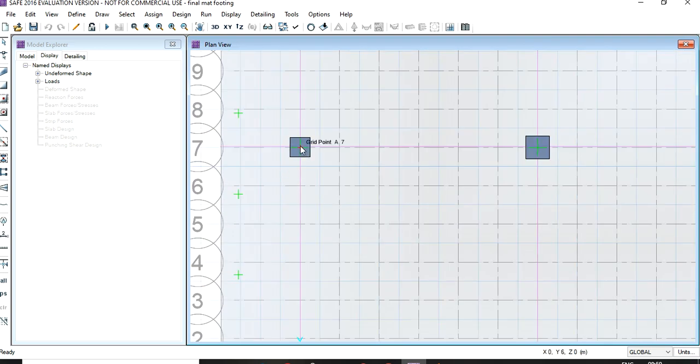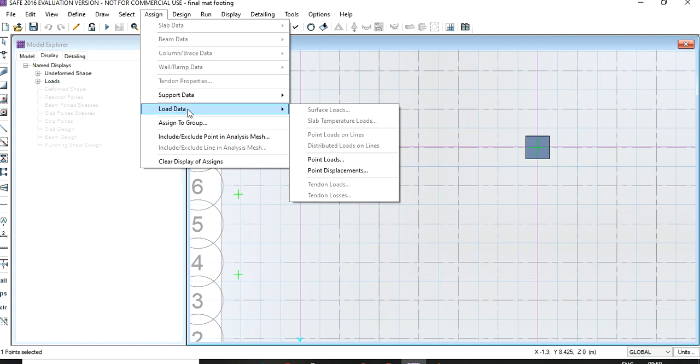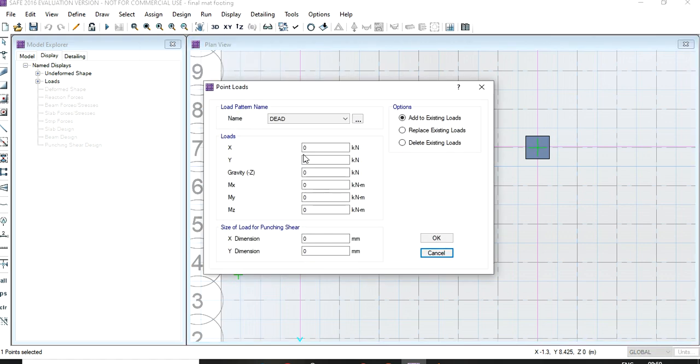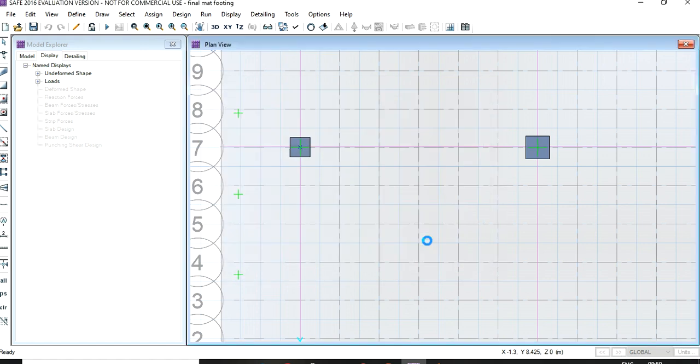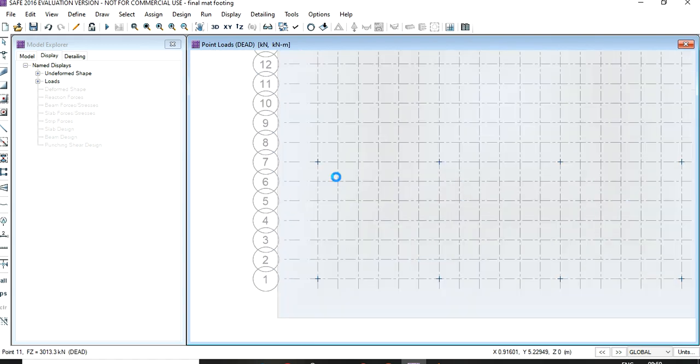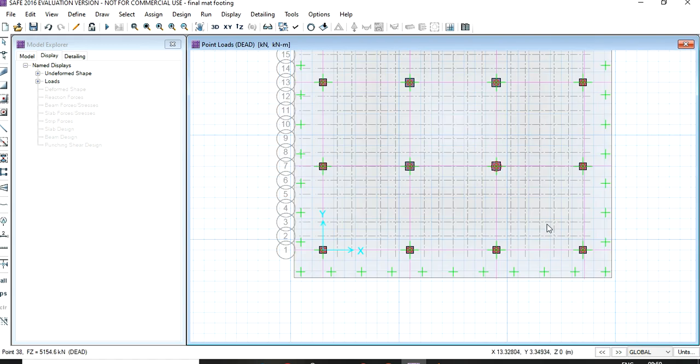Now we need to assign the loads on each and every column. So select the center point of the column, go to the assign menu, go to the load data and go to the point load. Here I have taken the values of the dead load and live load on each and every column.